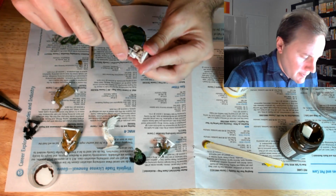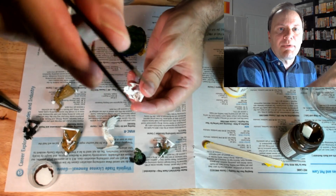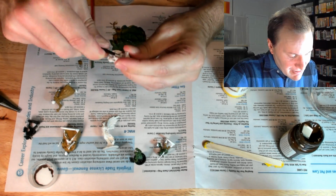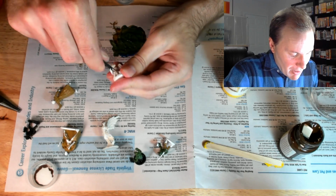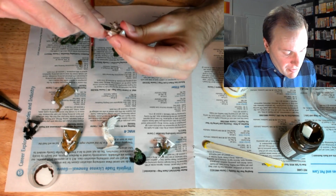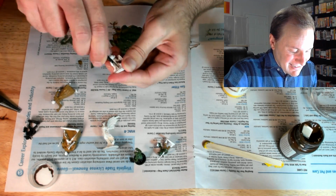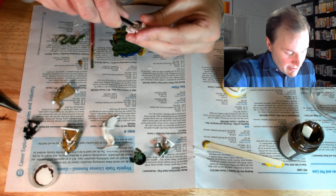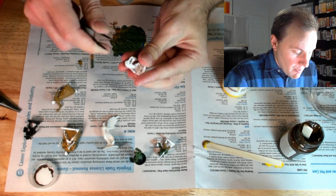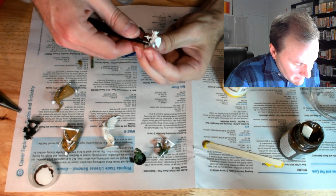Okay. I'm just going to use these. So these are some nice metal tipped tweezers. And they're very nice for getting into some of these spots where you get some weird bits of plastic that didn't quite come off from the printing process. And if I can just get in there. And the problem is you don't want to break the rest of the mini as you're forcing this out. There